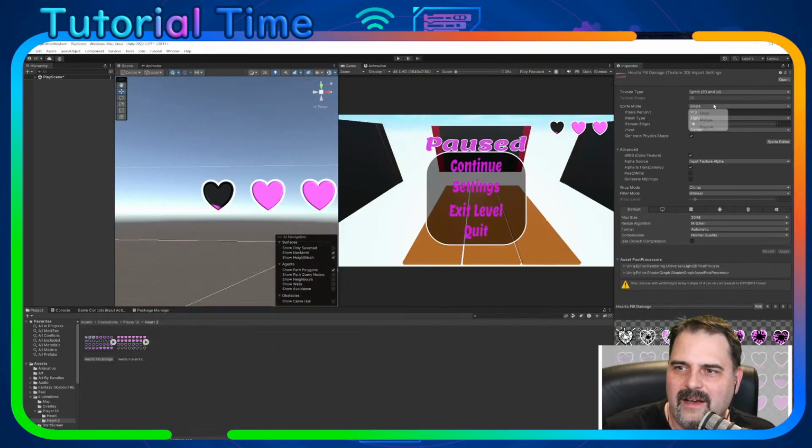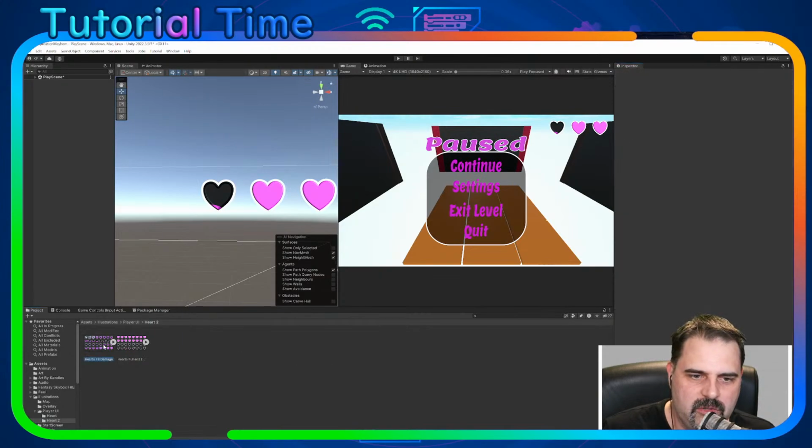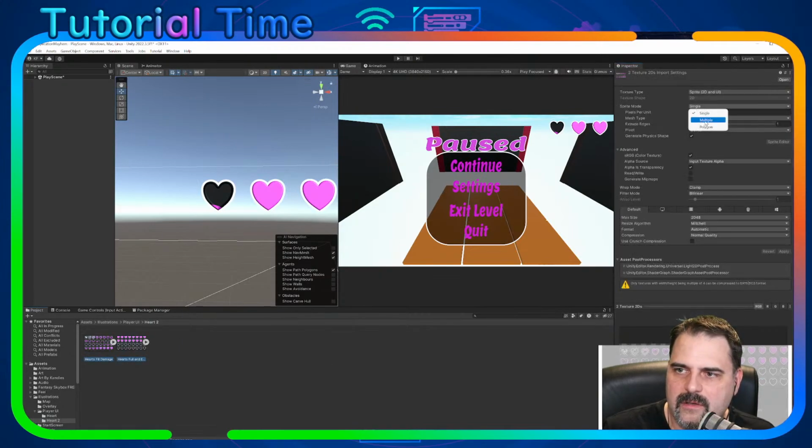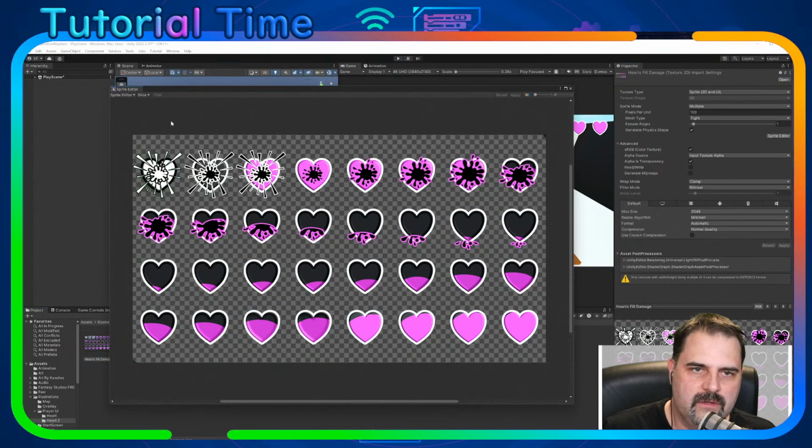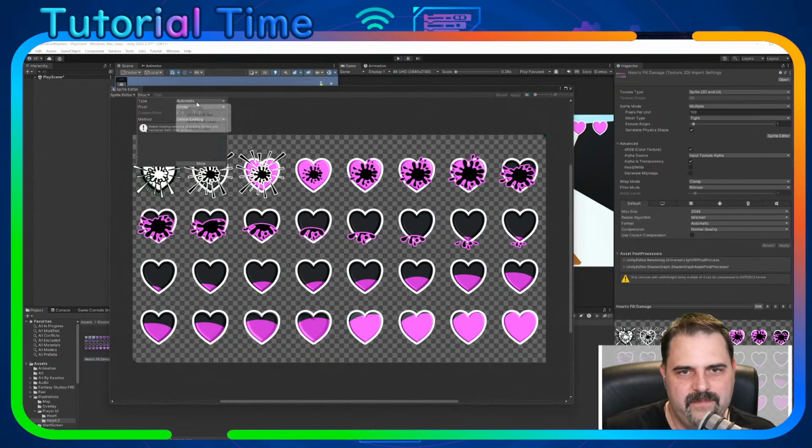Not yet. I have to change it to multiple. Let me change both of them so I don't forget it. So change it to multiple, and then apply. And after that, I can go into the sprite editor and slice it. That's what we wanted to do. And then